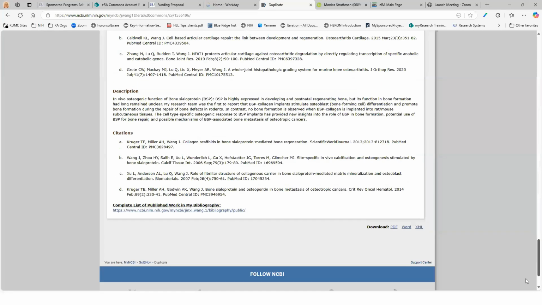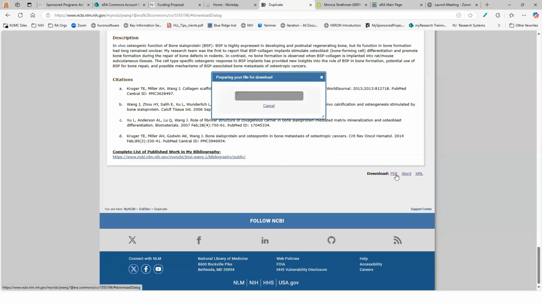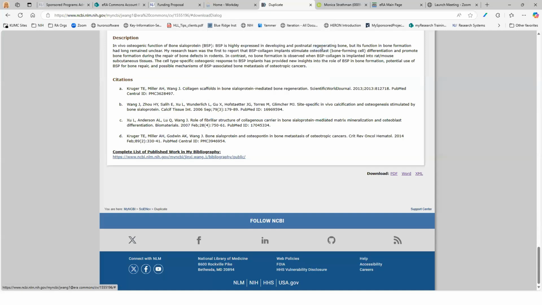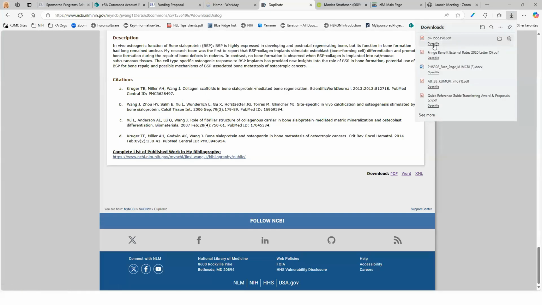Okay, now I'm going to click PDF to download, and it's going to give me a message that says the NIH limits biographical sketches to 5 pages or less. Please check the output to ensure you meet this requirement. So it's still going to give me an output. It's still going to print something or create something. When I open that file,